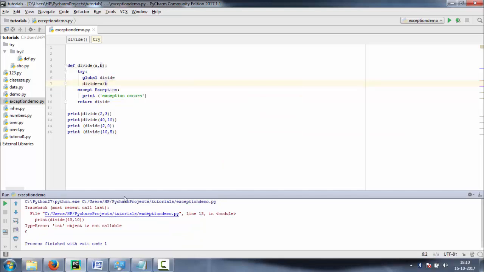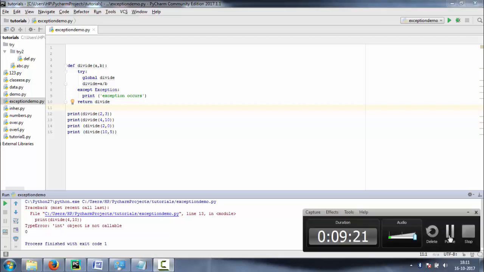Now what happens? Okay, let's see. Int object is not callable. What happened to it? So I think there is some problem.